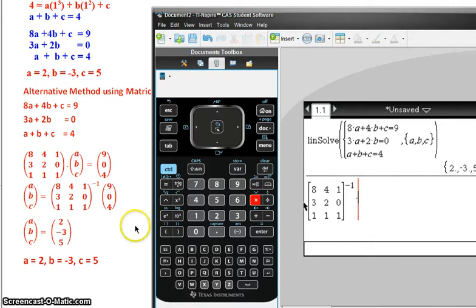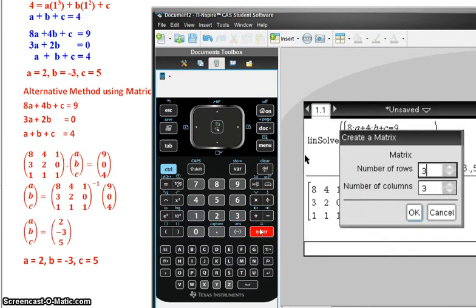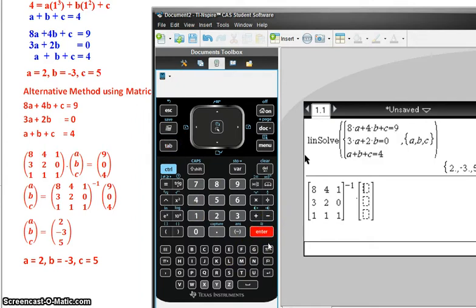9, 0, 4. So I'm going to go back into the catalog and I'm going to use the same template. Now the number of rows is 3, but the number of columns I'm going to change to 1 and tab down to OK, hit enter. So I'm now going to enter 9, 0, 4 and hit enter,